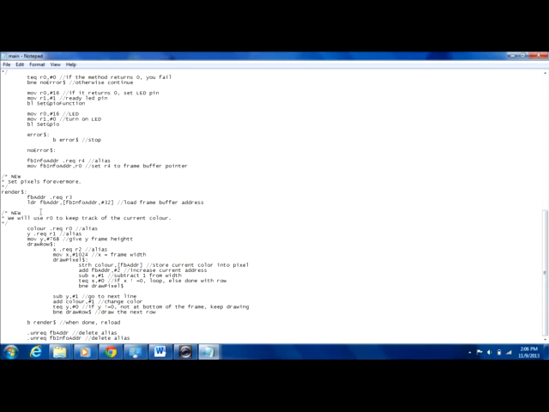So we give R0 the alias color and R1 the alias Y, which is our frame height. X is then going to get our frame width. And then we do our first draw pixel loop, and we start to sub from X by 1, which is essentially saying go pixel to pixel. And when we get to 0, we've reached the end of that string of pixels, which means we've reached the end of the row. But if we're not at 0, we'll just keep drawing the pixels as we're going across